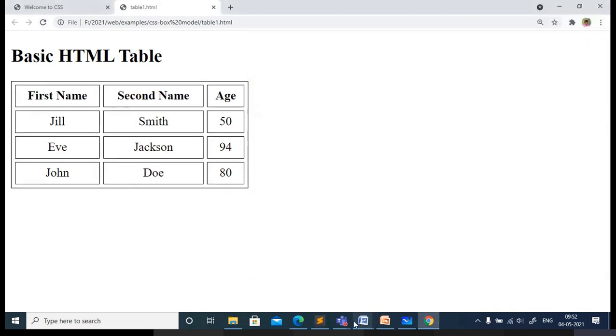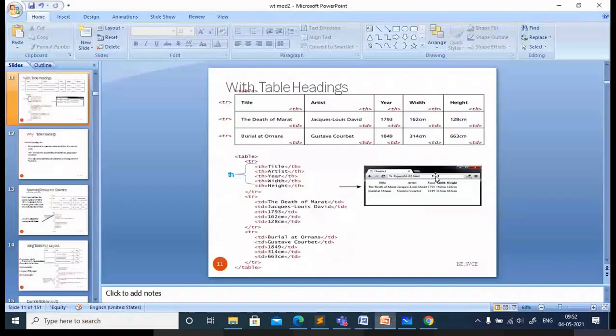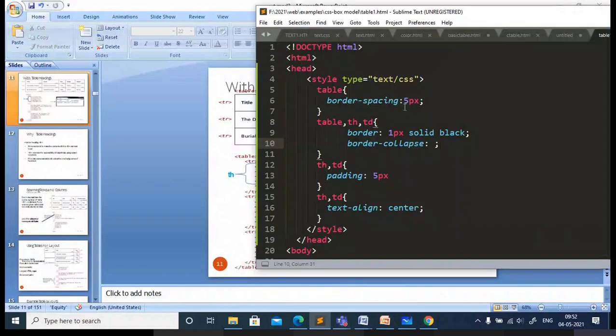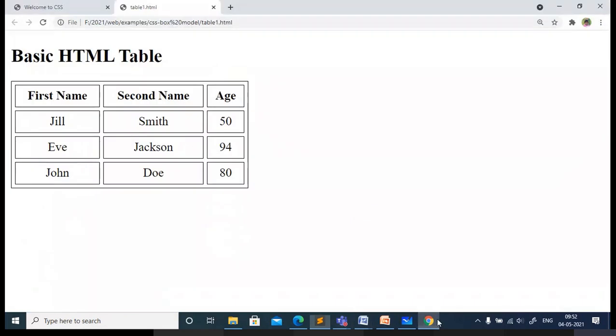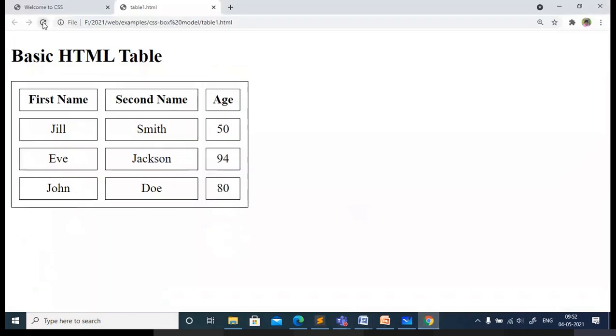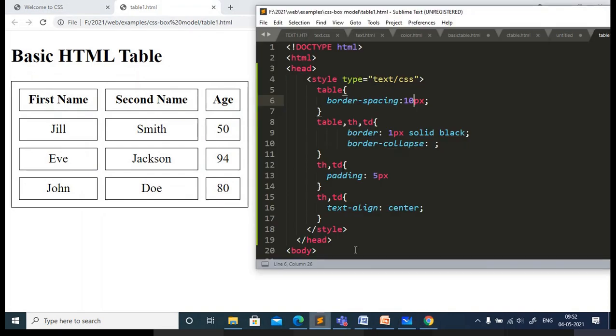If you want to increase the border space some more, you can increase the pixels, 10px, and this one is 5 pixels. You can see the border space between the cells has increased. The space between the cells is represented using border spacing.